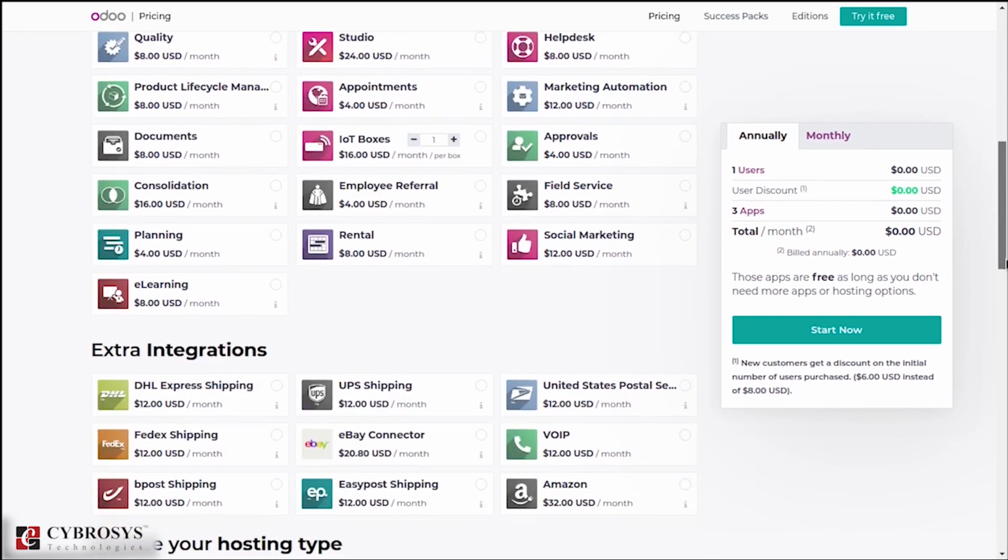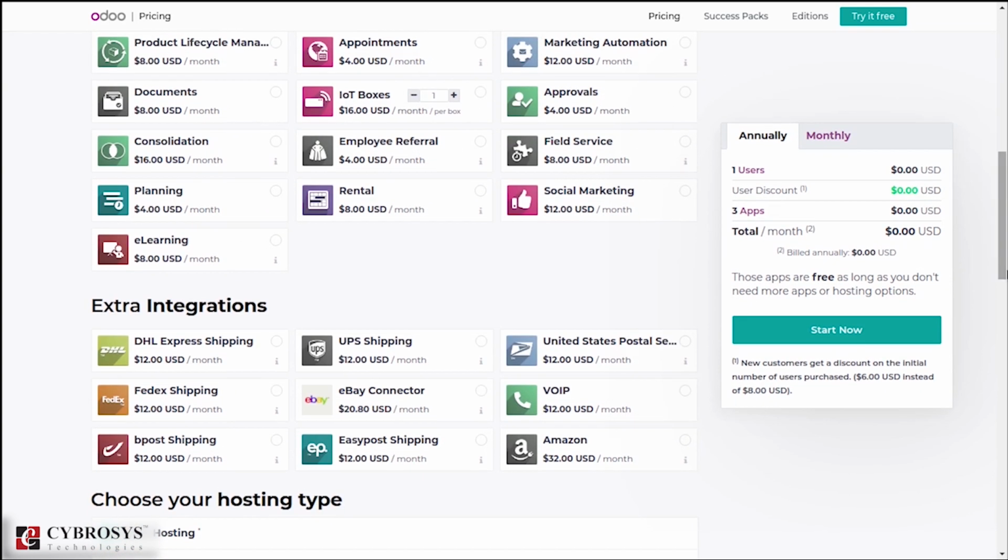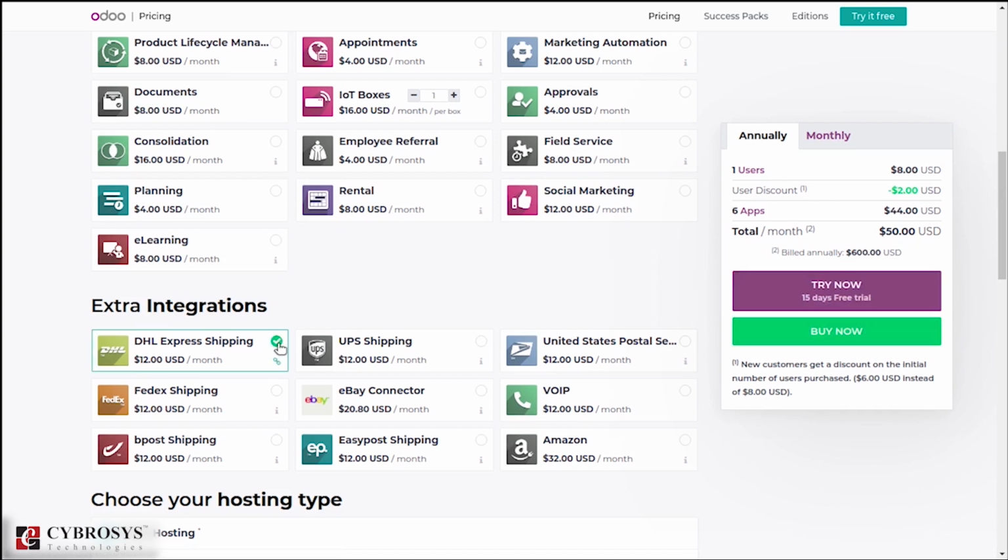Then when you come down you can see an extra integration part. So if you want to integrate with other apps, extra cost would be added to this. Here you can see for extra integration we have certain shipping methods as well as connectors. For that, a separate amount per month is also provided here. So once you select that, the corresponding amount would be added over here.